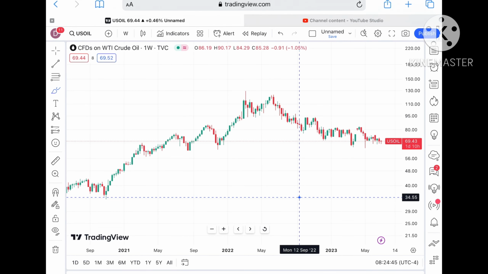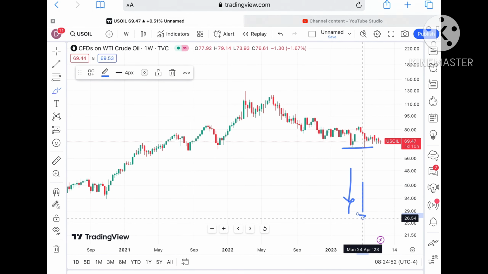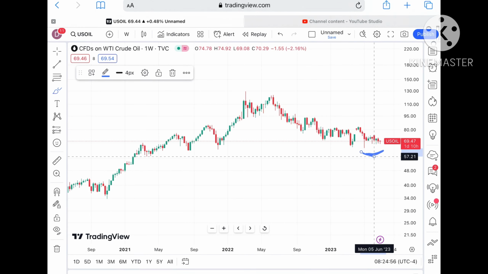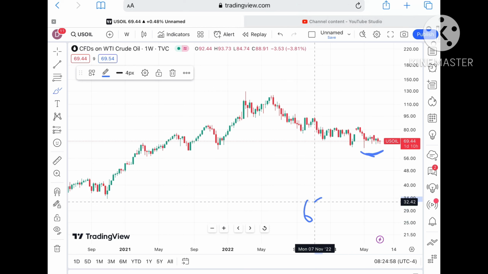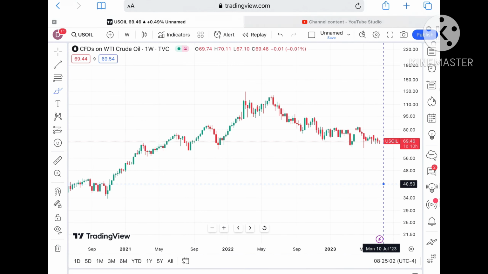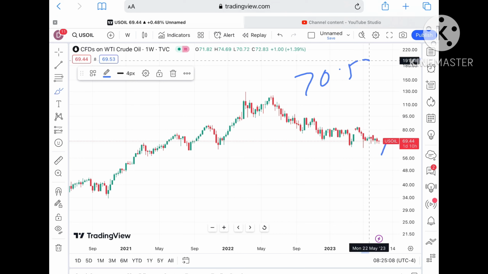If you have to understand something, as soon as it moves below a level of around 64.39, chances of going further low will be there for the price of crude. Otherwise, if it forms a swing and moves above that level or sustains above a level of 68.3, yes, a probability of going further upside we can see. If the price sustains this level, we can see it go towards a level of around $70.52.